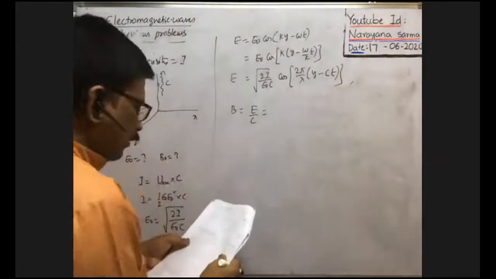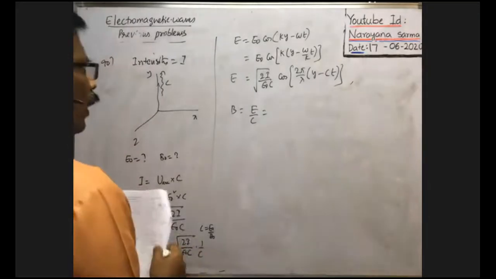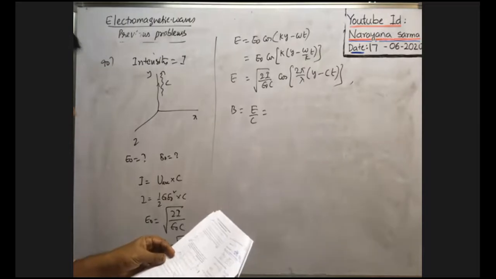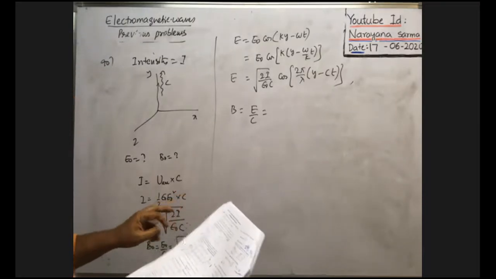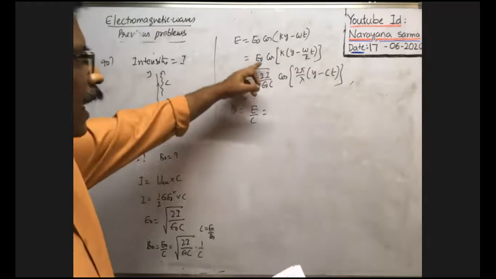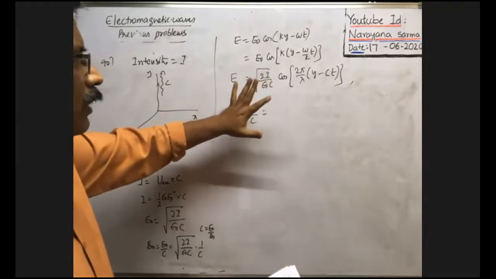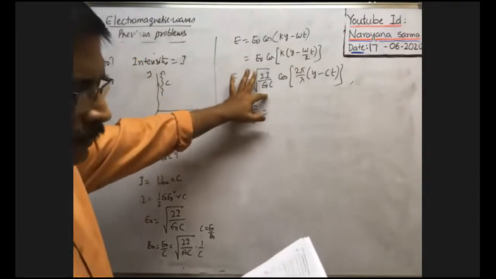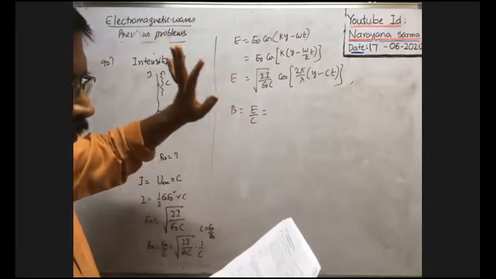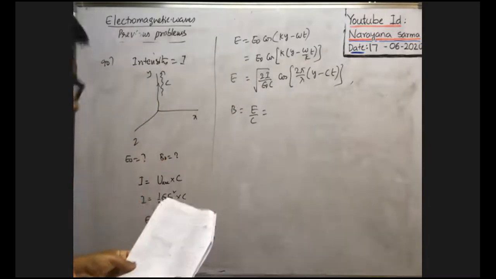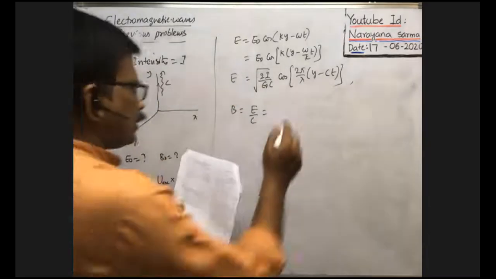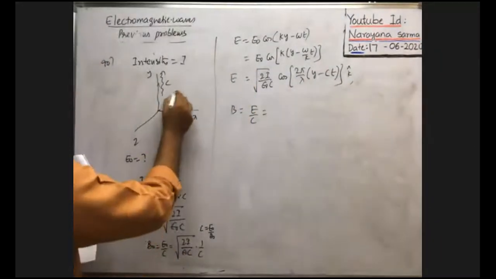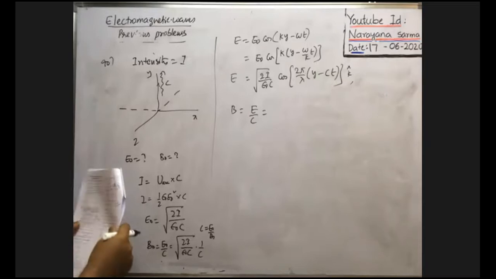In vector form, how can we write it? What is the direction of the intensity of the electric field? In options A and B, only E is equal to root I by epsilon naught C, like that it is given. That is not correct in A and B. In C, root 2I by epsilon naught C into cos something is given. Similarly, what about B bar? If E bar is, in option C, given along K cap, of course, it may be along K cap or along minus K cap also.